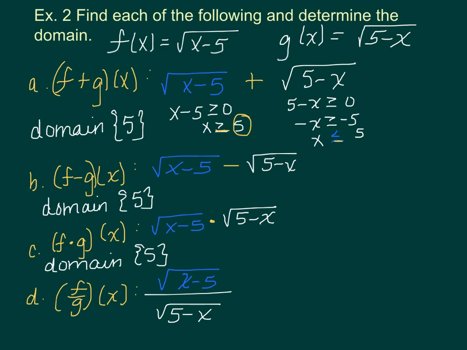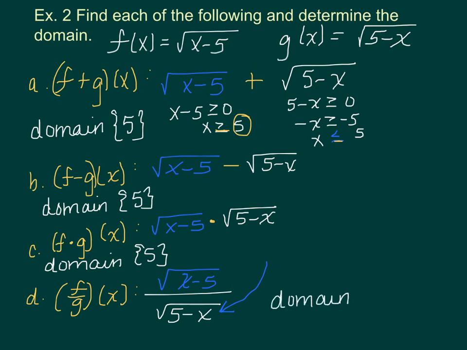We have a square root and we're dividing. Now, if you notice on all the other examples above, 5 was our domain because that was the only safe number. But since 5 would make our denominator 0, we can't use it, which means our domain,